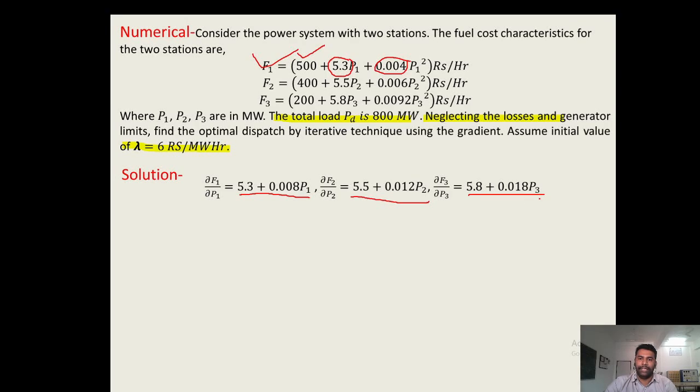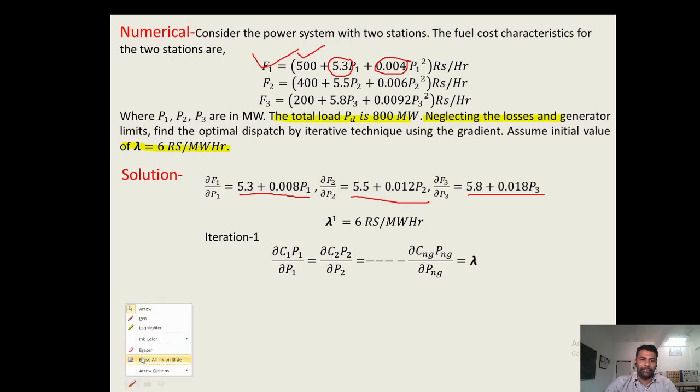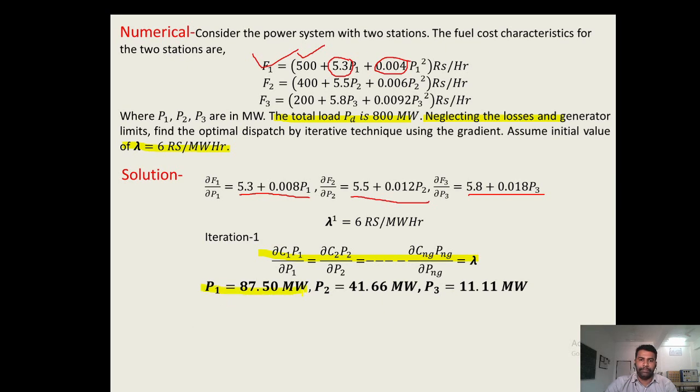and for the third characteristic, it gives us 5.8 plus 0.018 P3. Now, for economic load dispatch, we will take initially lambda 1 equal to 6 rupees per megawatt hour. Economic load dispatch iteration 1 will give us the equation: partial derivative of C1 with respect to P1, C2 with respect to P2 and Cn with respect to Pn, and it should be equal to lambda. So, we will put the equation here and compare its value to the initial approximation of lambda. In this way we will get P1 equals 87.50 megawatt,